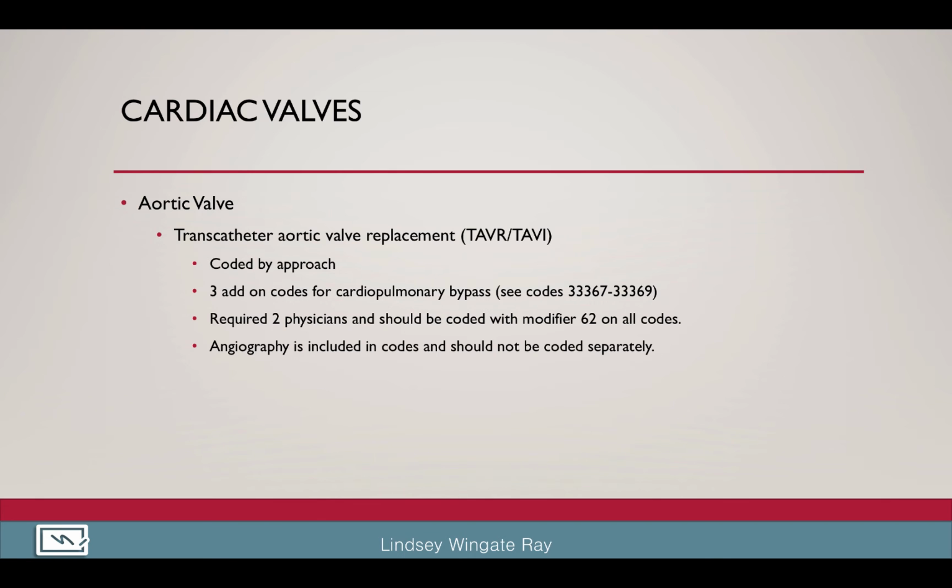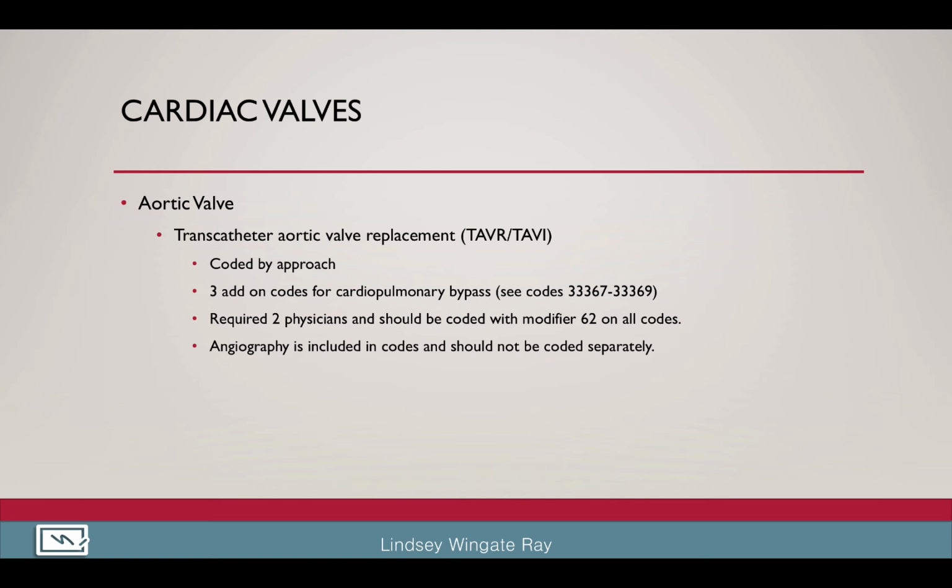Turn to the cardiac valve section. First, you have your aortic valve. A transcatheter aortic valve replacement is called TAVR or TAVI. These are coded by approach. 3 add-on codes for cardiopulmonary bypass grafts are used with codes